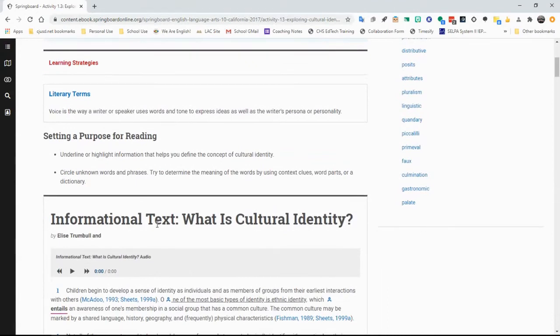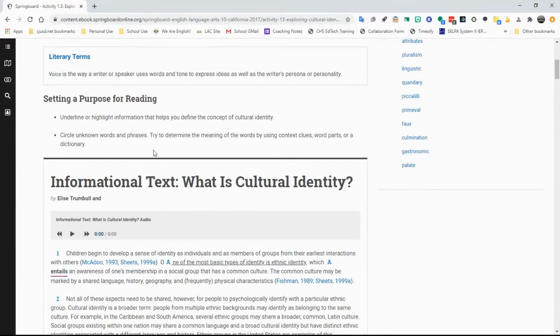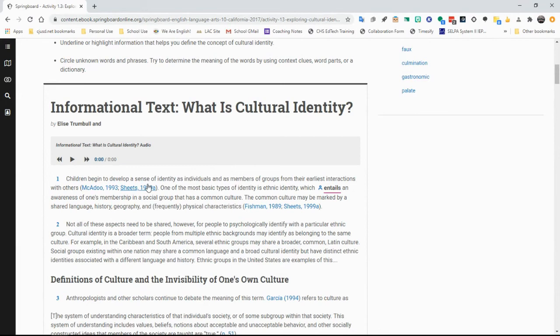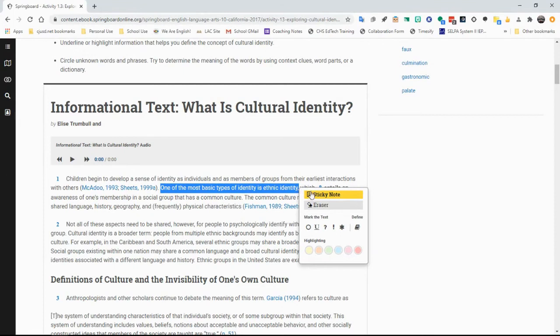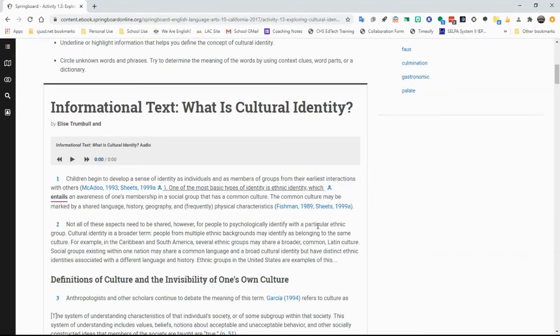So I'm looking for passages that define cultural identity. Right here in the first passage of this text, author Elise Trumbull says, "One of the most basic types of identity is ethnic identity." Looks like I found some textual evidence. Let me select the sentence, then underline it according to the directions. Pretty easy to use. The ebook also has audio recordings of the texts, which you can always find at the